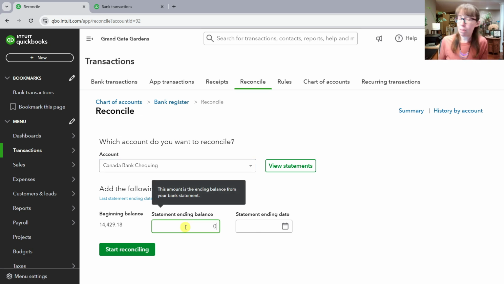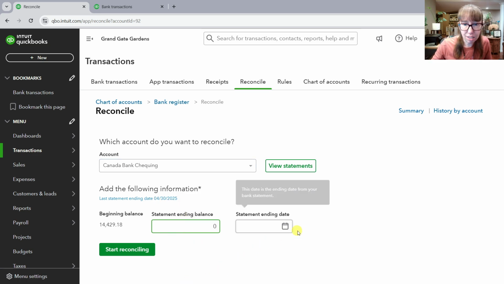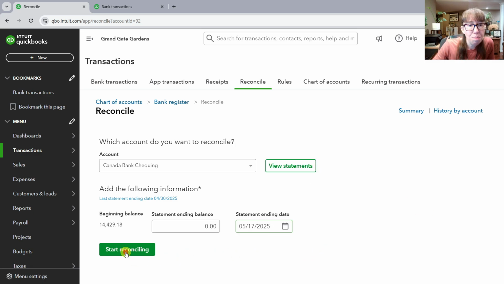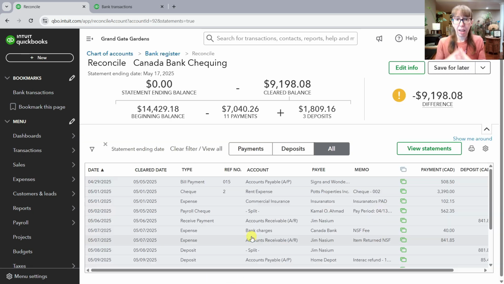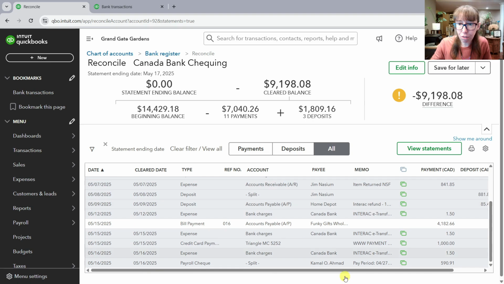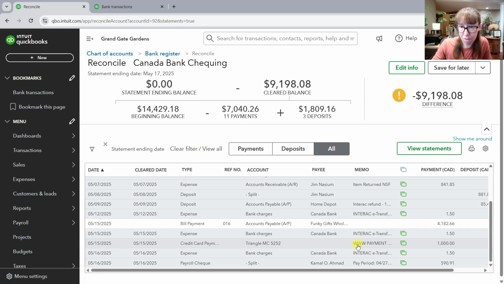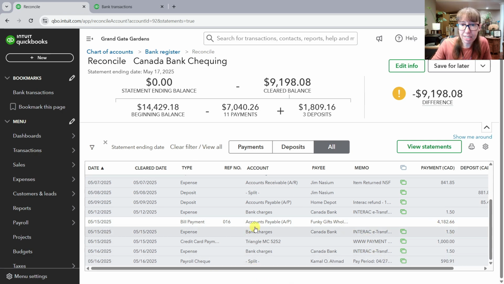I don't have the statement yet. It's just the first week. So I just say 0 so I can go on in there and I just put today's date. Start reconciling gets me in. And the reason I come in here is because I'm looking for a white line for 594 abouts to see if I entered something a penny off. And we can see there's a bill payment to Funky Gifts Wholesale that hasn't gone through yet, but it's for